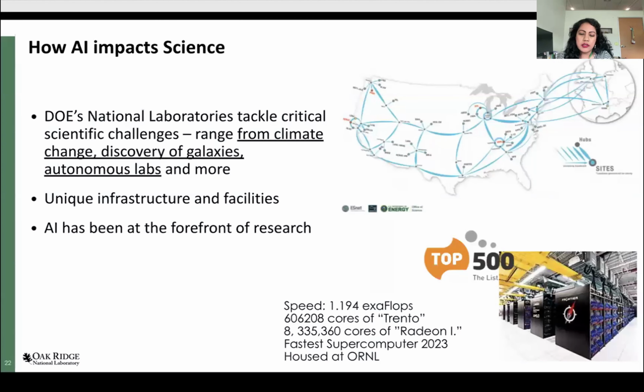As you can see, this is a map of the US, where we have 15 to 50 national labs, all distributed across over here, tackling major scientific challenges from climate change to discovery of galaxies, and we're also building autonomous labs, such as the ones at Oak Ridge over here. DOE, or the Department of Energy, actually maintains these, and they have unique infrastructure in terms of HPC facilities that